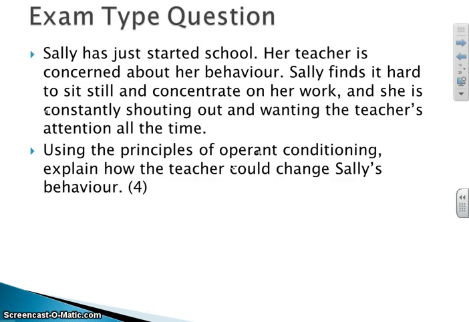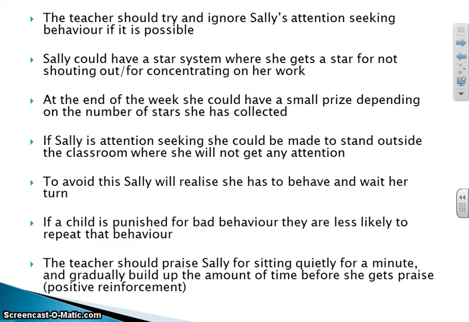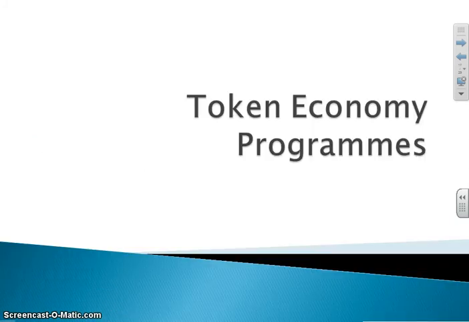So with this sort of question, you get a question like this asking you how could we use operant conditioning to change Sally's behaviour, and this was the mark scheme that was available for that. And it's all talking about, I'll give you a chance to read it, either giving positive reinforcement to increase good behaviours or punishment to decrease bad behaviours. And what we have to do really is just think of examples all the way through. Give me examples of how it could work.